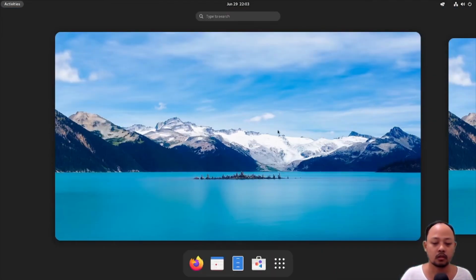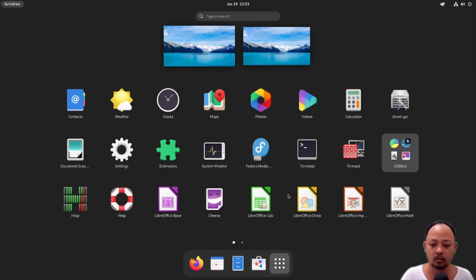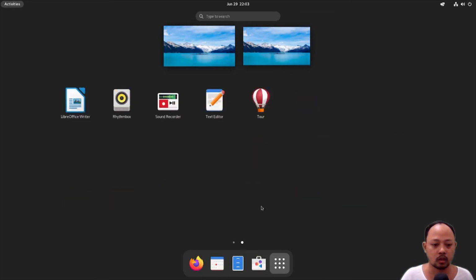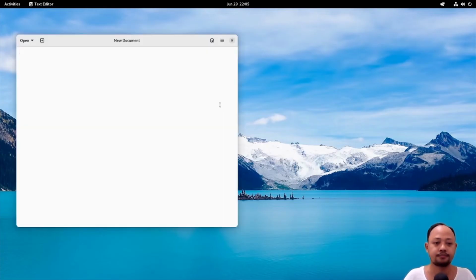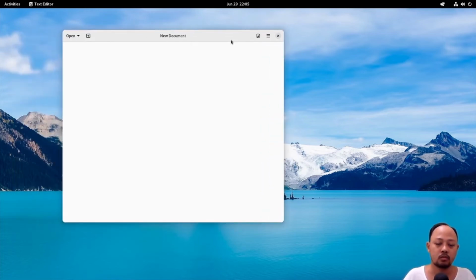Okay, and then sound recorder. I cannot try this sound recorder because right now this Ultramarine is running in the GNOME Boxes. The next application, I will try the text editor. So as we can see here, it's different from gedit.